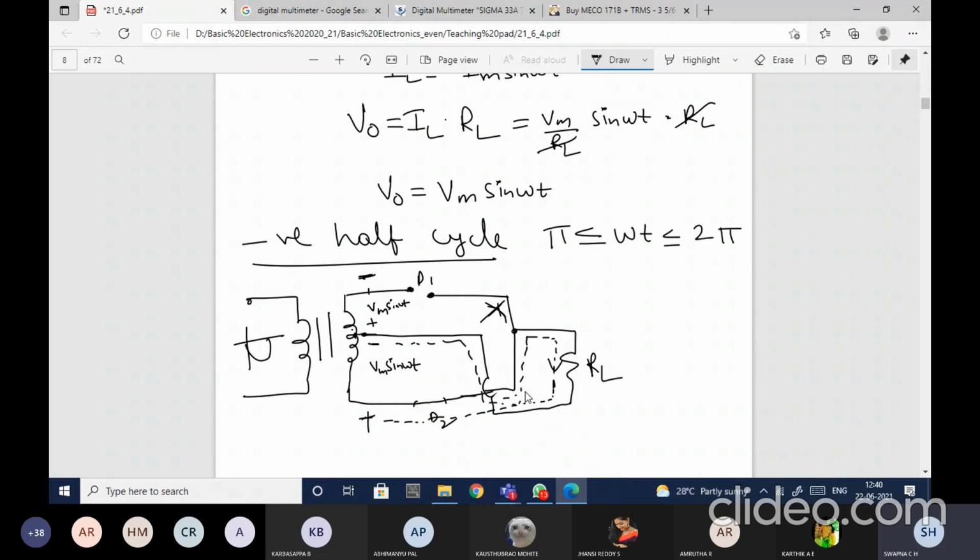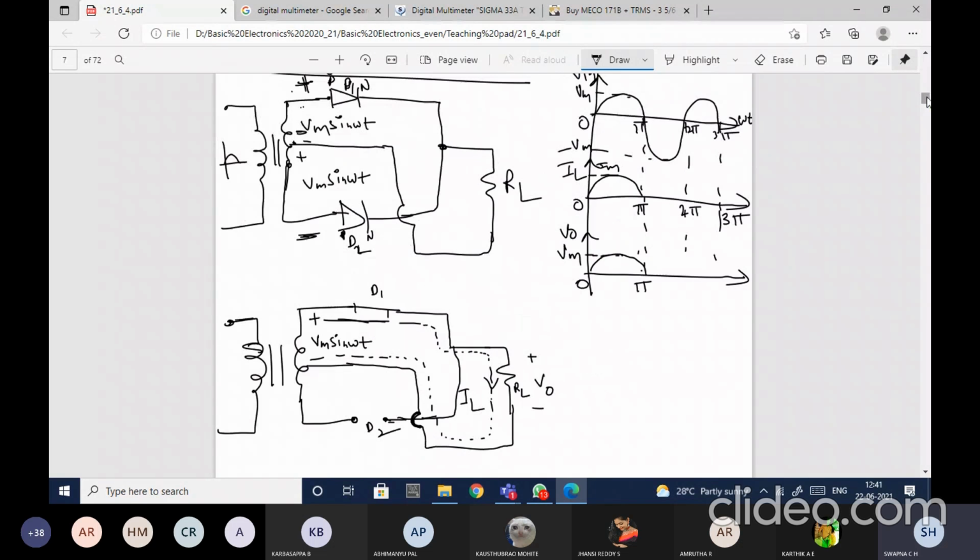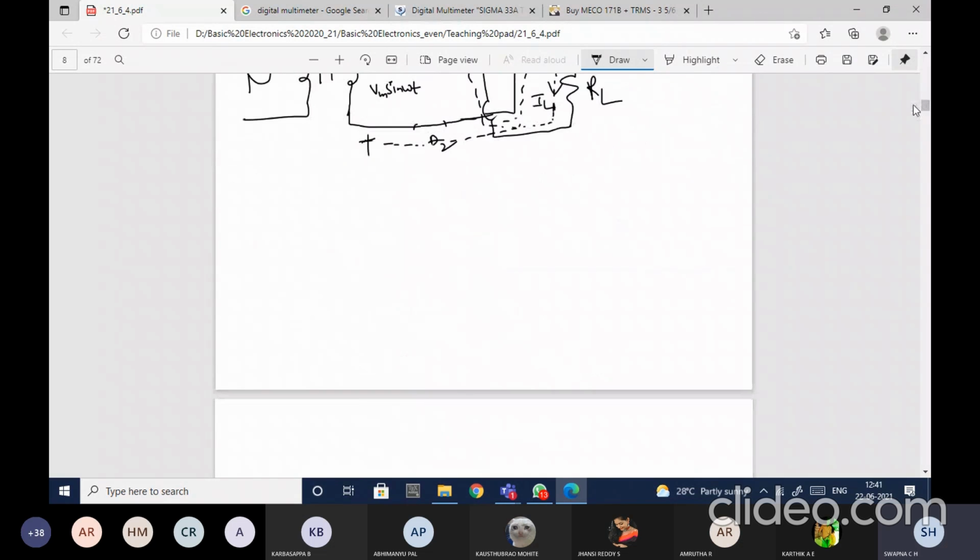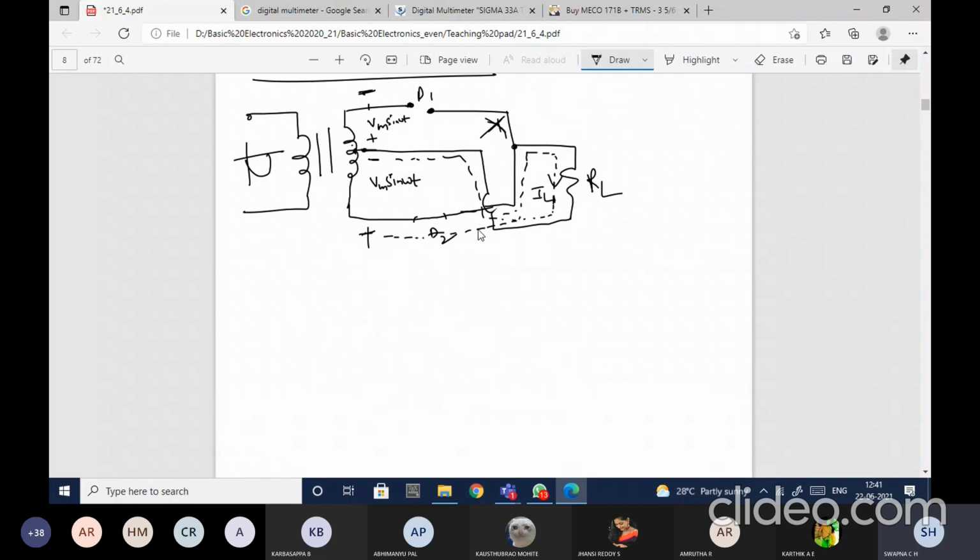Since it is forming the closed loop, the current will start flowing. Let me name the current as IL only. The reason for choosing this also as IL is that with the center tap the voltage is divided equally. So whatever current flows for the positive half cycle, the same current will flow for the negative half cycle also, and if you see the direction also, it is the same. Now let us apply KVL here. I'll move in the clockwise direction, the same direction as the current.